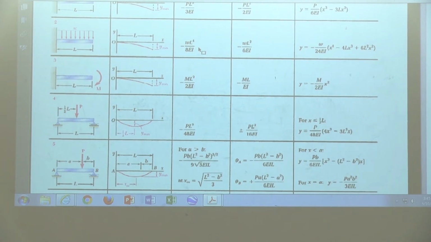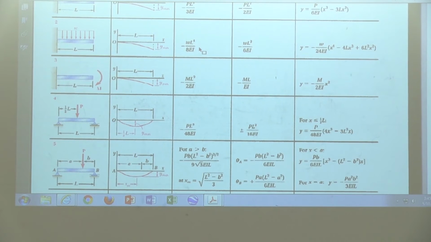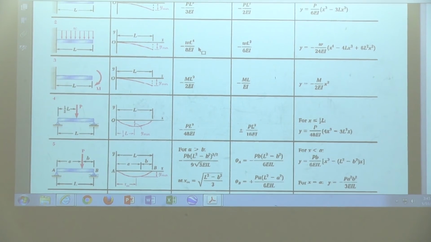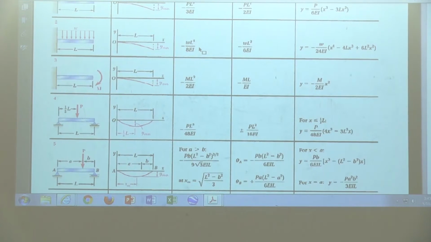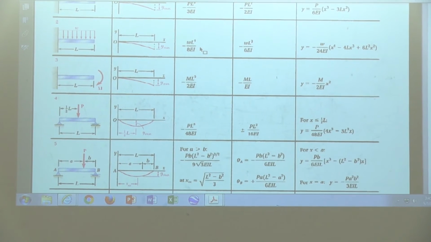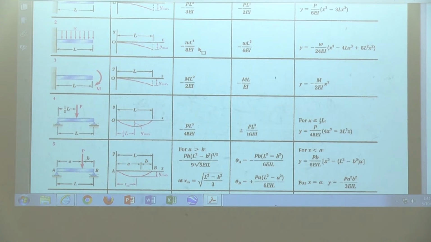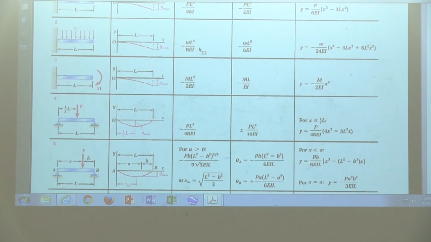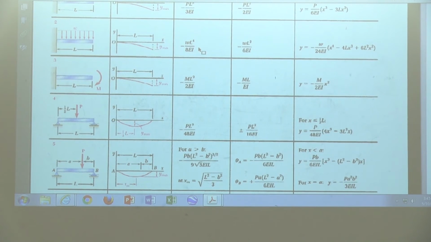So P is equal to RB. No, it's 400, I'm sorry. 400 times what? I'm not looking there because I need another table from you. Anybody has a table? No. Yeah, okay, thank you. So, 400 times B. B is 1 divided by what? Divided by 6 EIL, L equal to 4.